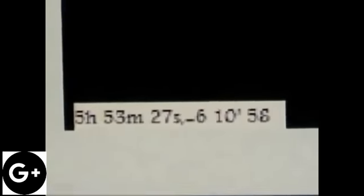2 days ago I found the second photograph, similar to this. The only difference is that in this photograph, it reveals coordinates on the bottom. This photograph was taken off of a gentleman's YouTube video, which was later removed thus after. The coordinates are, can't really come in on the camera that well, but 5 hours, 33 minutes, 27 seconds, -6, 10 degrees, 56. Now, I thought to myself, if I were to take these same coordinates and plug them into